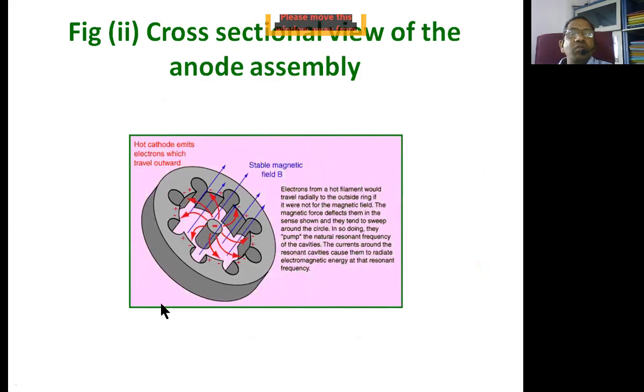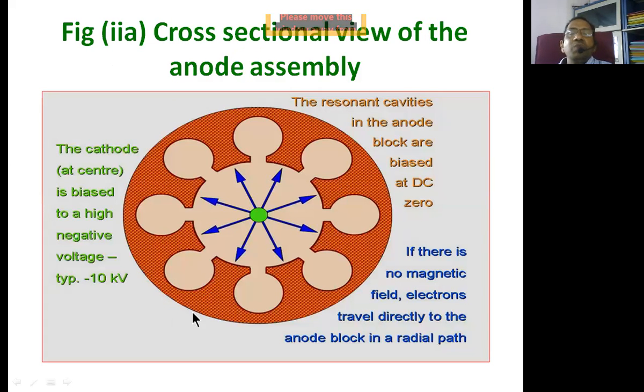The basic thing we have here is this figure, which is showing the inside of the magnetron. So please draw a circle. How do you draw this magnetron? We have to explain the operation. How do we explain the operation of the magnetron? The magnetron operation is basically explained using 3 modes of operation. What is the first mode? When the magnetic field is equal to 0 is the first mode.